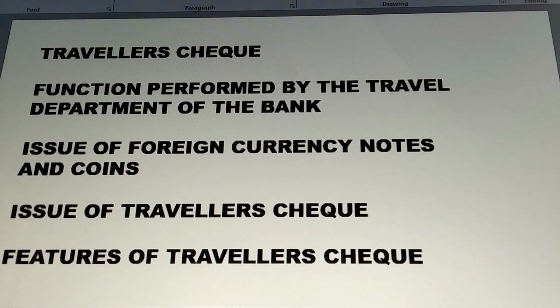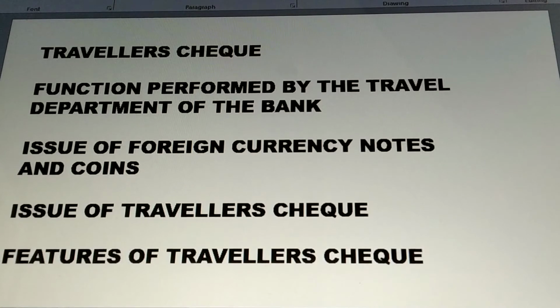A traveler check is a negotiable instrument which can be used as a safe means of making payments in foreign currency. Okay, now the issue of traveler check is considered the safest mode of payment in foreign currency, and it is also a negotiable instrument. Yes, this instrument removes the risk associated with liquid cash while traveling abroad.